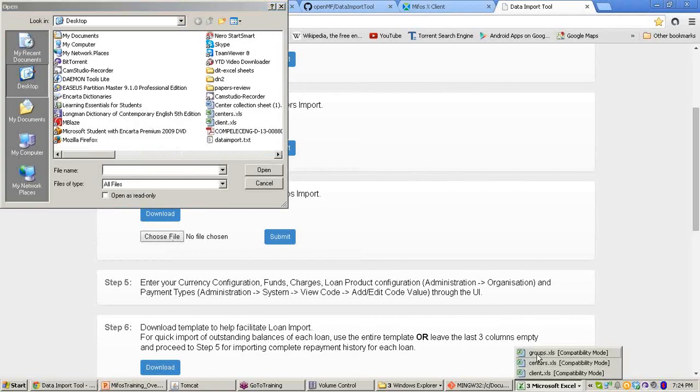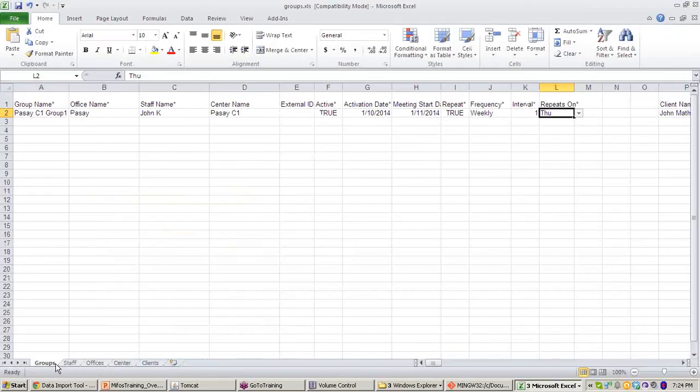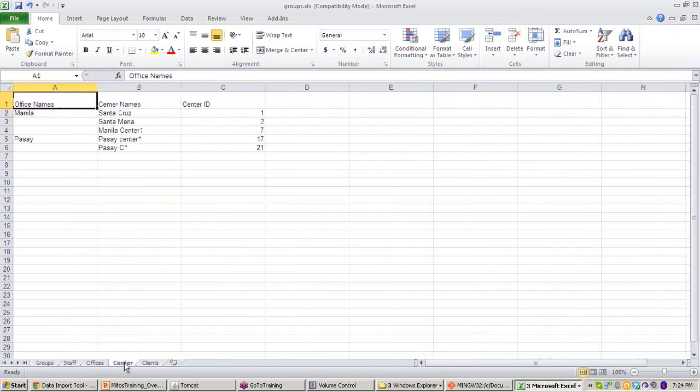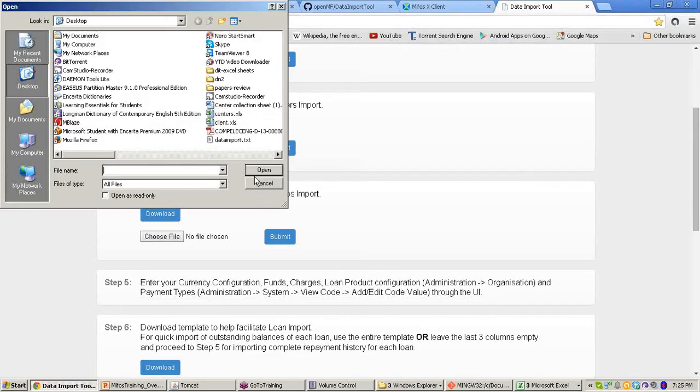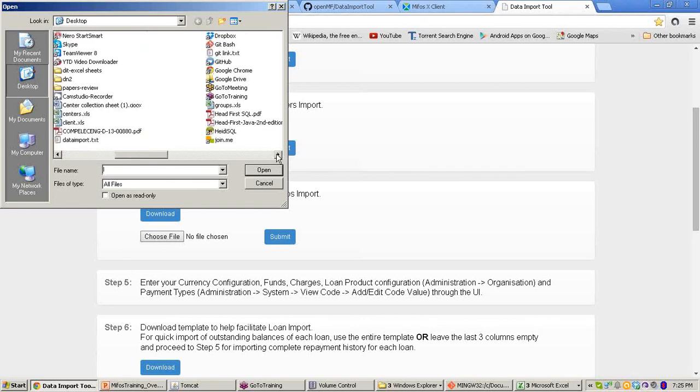Before this, let me check again. The file name will be very simple, that is groups.xls.